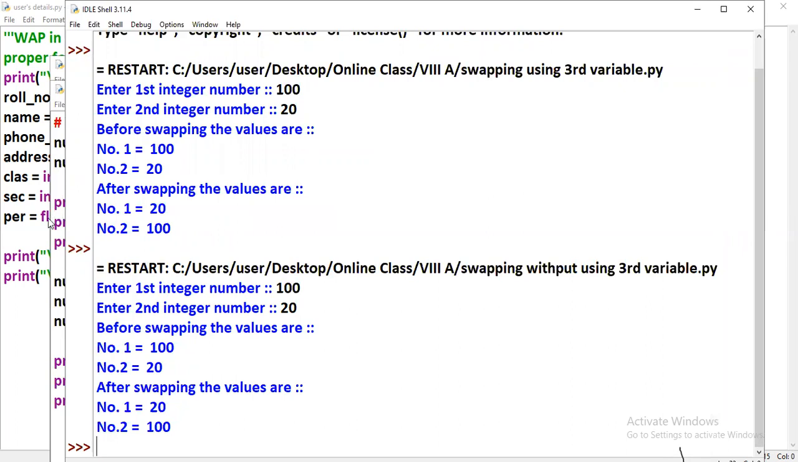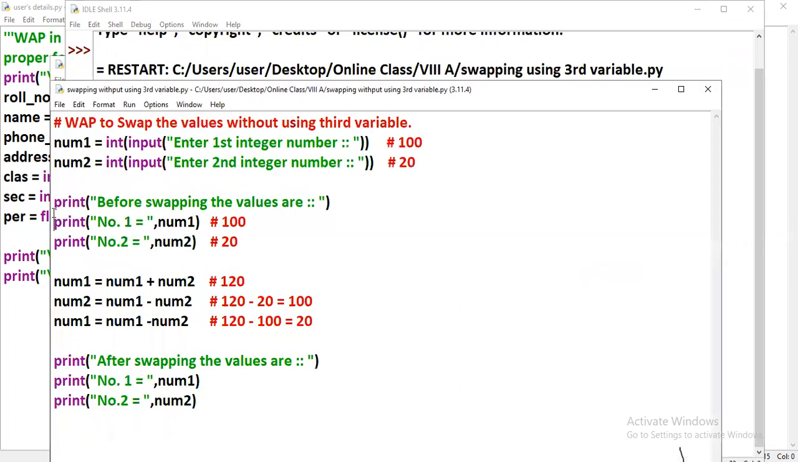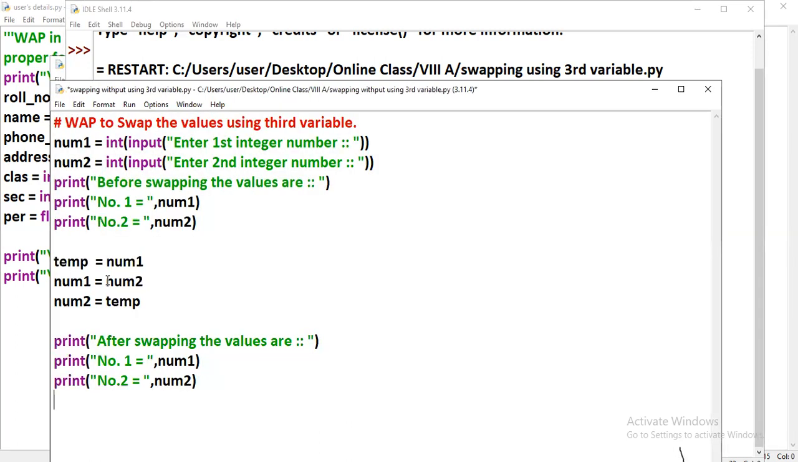And there is one more way where you can swap the values. Again, I'm copying this program. In swapping, we can do it in 3 ways. So 2 ways